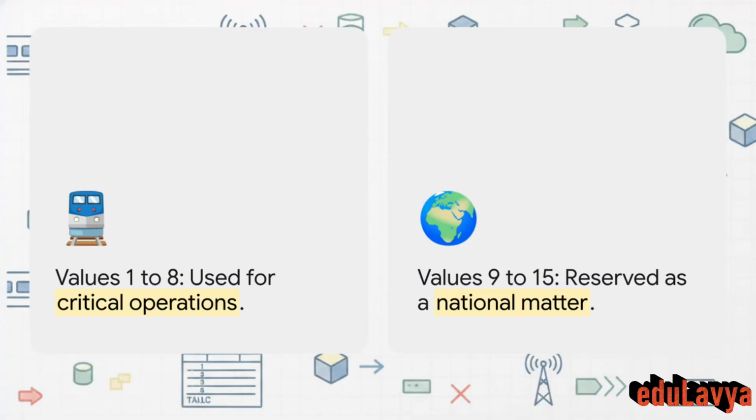So how do we configure this in the real world? Well, the rules for the FRMCS transport stratum are incredibly strict. The system is explicitly mandated to use ARP values 1 through 8, period. That ensures we have standardized prioritization across all rail networks for mission-critical operations. Meanwhile, values 9 through 15 are left open, reserved as a national matter so individual countries have some flexibility for their